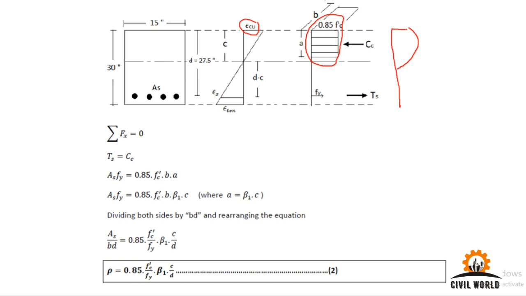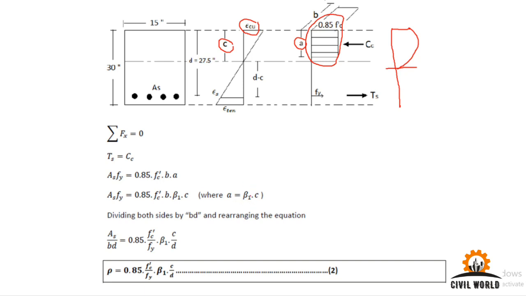So we convert it into rectangular distribution for ease of our calculation, and the depth of this rectangular block is actually less than the total depth of the concrete in compression, which was c, but now this depth is a, which is given by beta 1 c, and